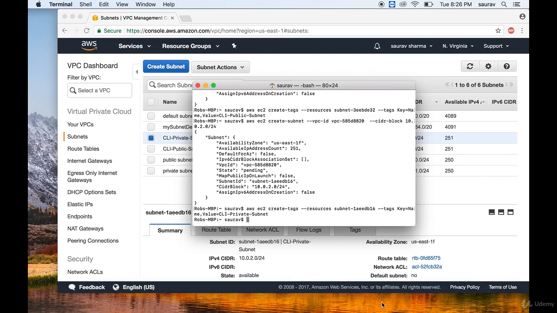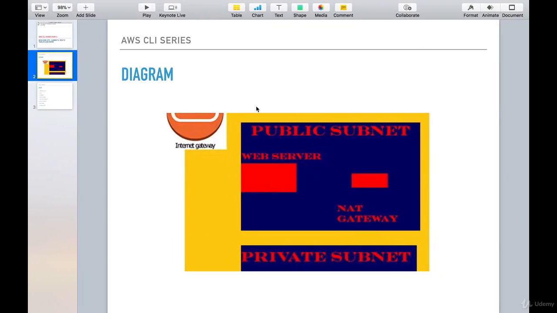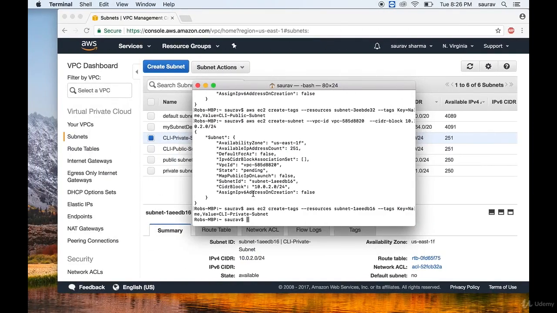Now, an internet gateway is something that will help you connect with the outside world. If you don't have an internet gateway on your VPC, there's no way you can connect with the internet. So it's super simple to create an internet gateway. Just like if you use the console, all you need to say is AWS EC2 create internet